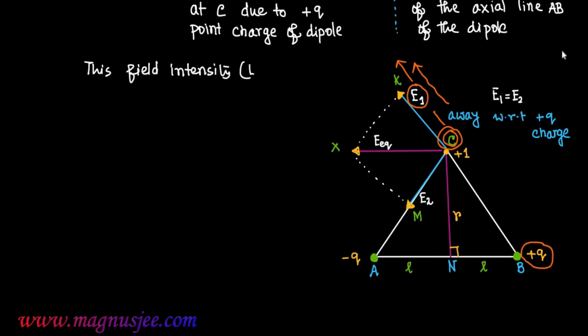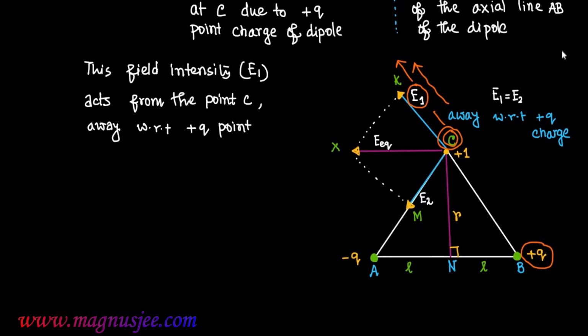This field intensity E1 acts away with respect to the plus q point charge of the dipole AB, and at an angle theta,